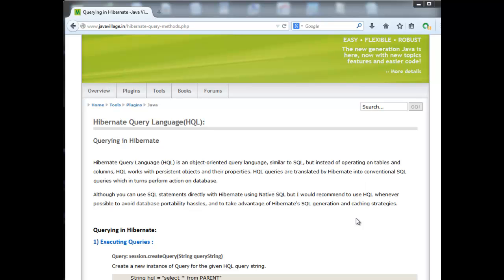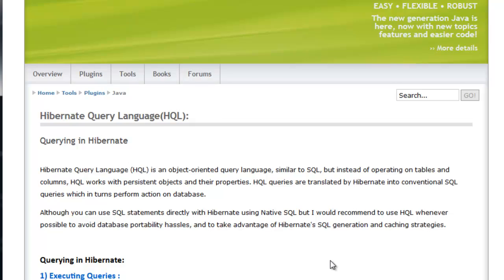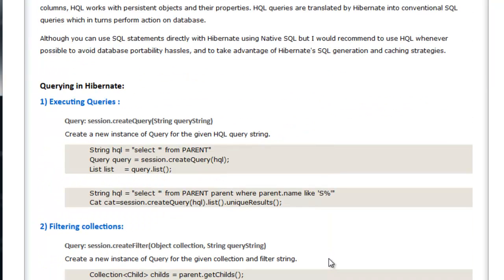So we'll see how many ways we have to write queries in Hibernate. Before we start, I want to give you a basic idea. We know Hibernate has an HBM file and a POJO file for each and every table in the database. So